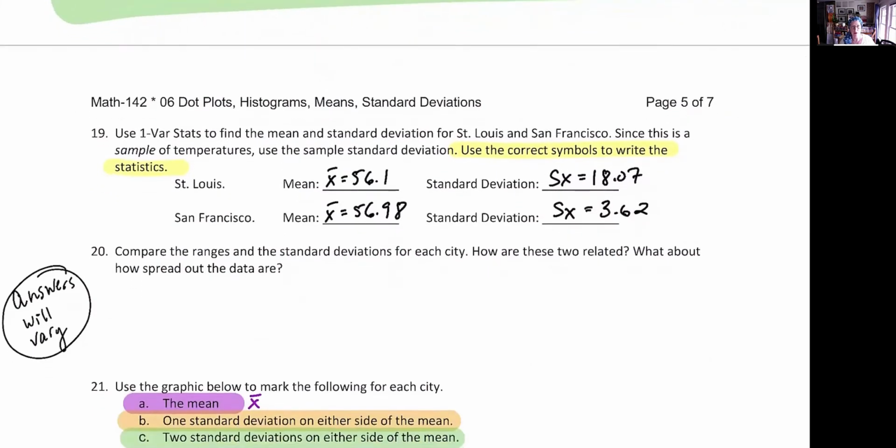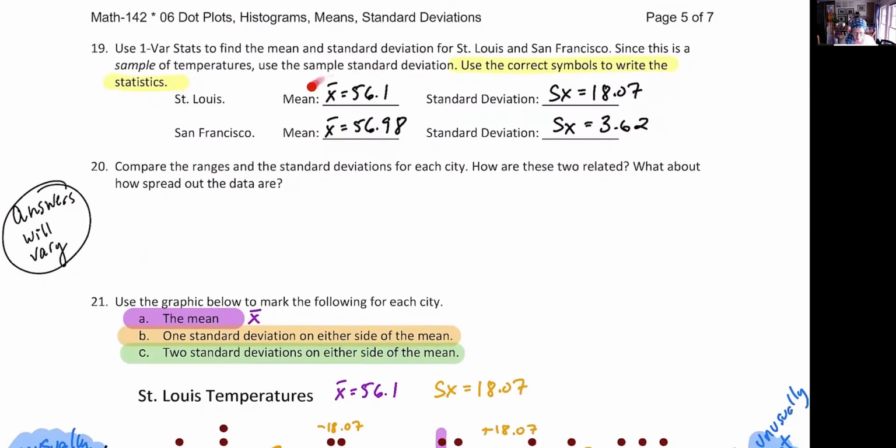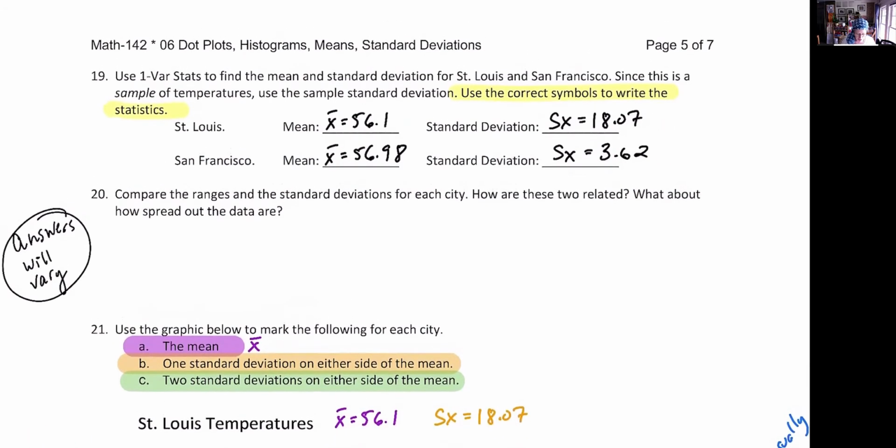I already did the work for the calculator. You see here's the means for both St. Louis and San Francisco and the standard deviation. And you see how much bigger the standard deviation is for St. Louis versus San Francisco. And so looking here for number 20, compare the range and the standard deviation for each